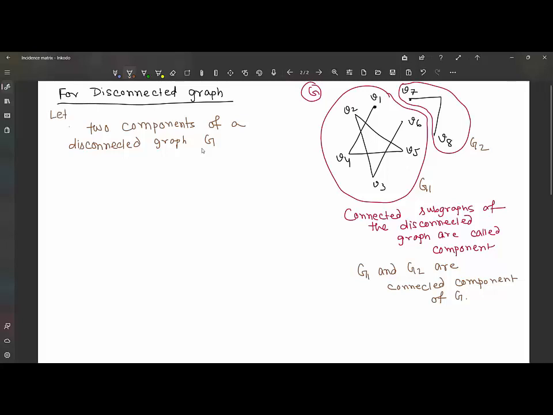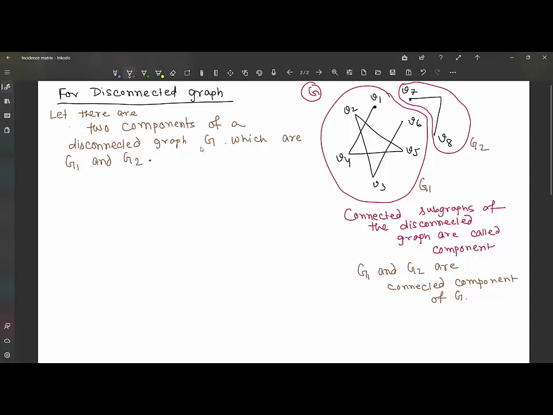Let there be two components of the disconnected graph G, which are G1 and G2,